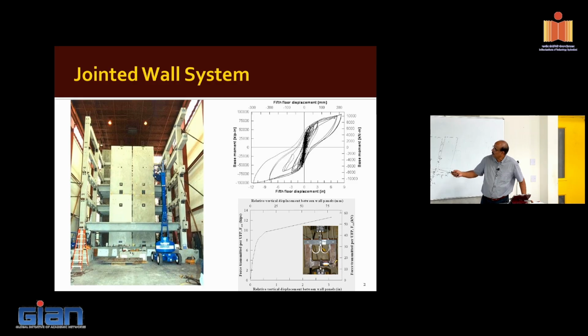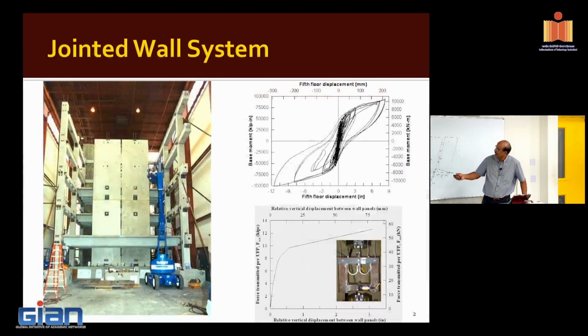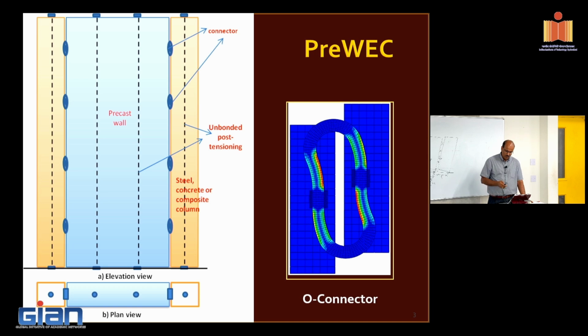So the performance was good. This is the connector element they use. It's basically a U-shaped plate. The U-shaped plate basically rolls on the side as you go back and forth. In terms of the response, it did produce pretty good response. But when we moved away from it, we decided that we will promote this Prevex system, and then we looked